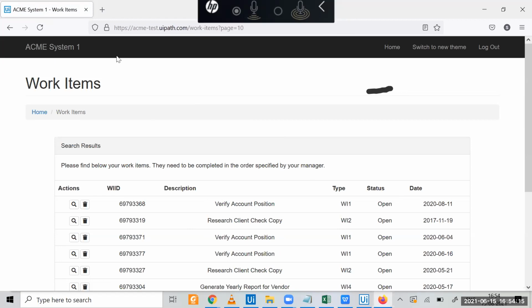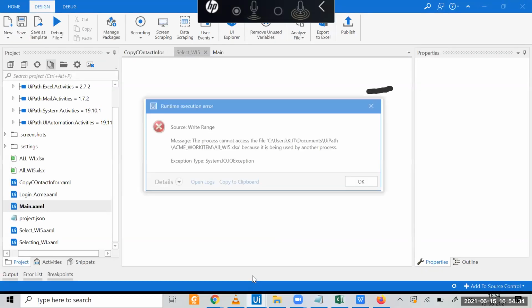Now what it is doing, it is navigating to each browser. That part will not be showcased. It will do internally, it will navigate and show you one by one.